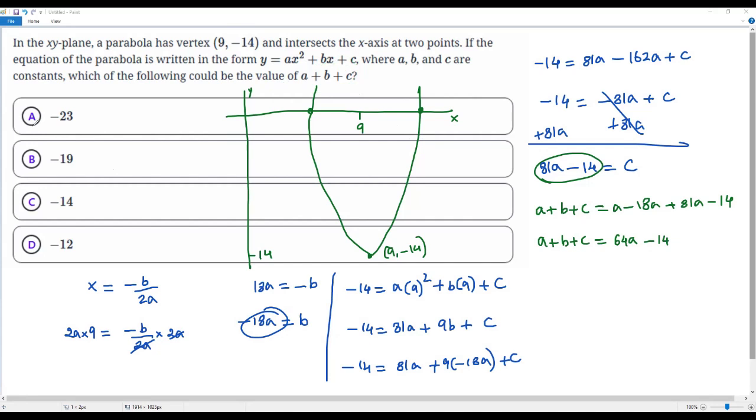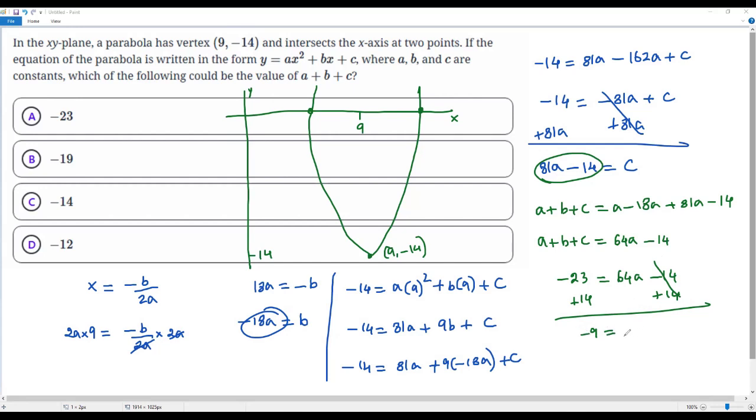Now let me take the value in answer choice A, that is -23. Now let me verify whether this one is correct or wrong. Let's plug in this -23 for a + b + c over here. -23 equals 64a - 14. Now let me add 14 to both sides of this equation. Then this -14 and +14 will cancel out. When I combine these two numbers, I am getting